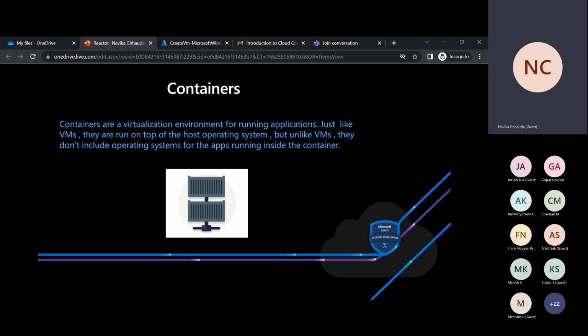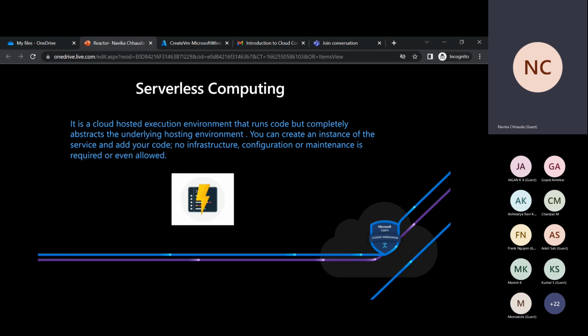One example of a container is Docker. It's an open source project. I think you must have read about it somewhere. If not, then you're getting to know about it today. So Docker is an example of containers. Coming on to serverless computing,